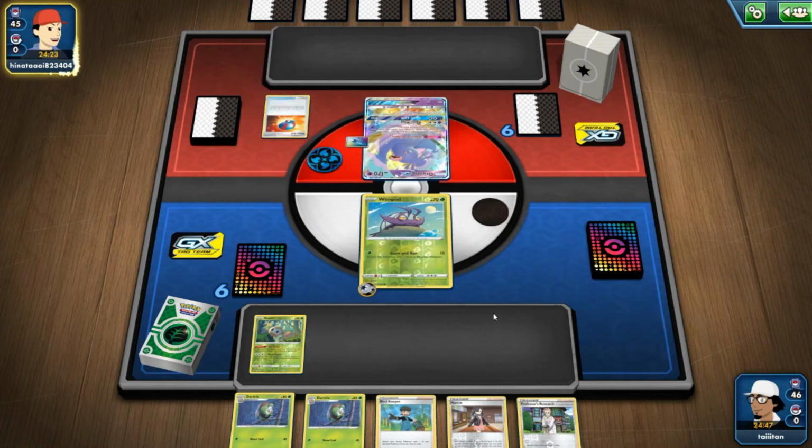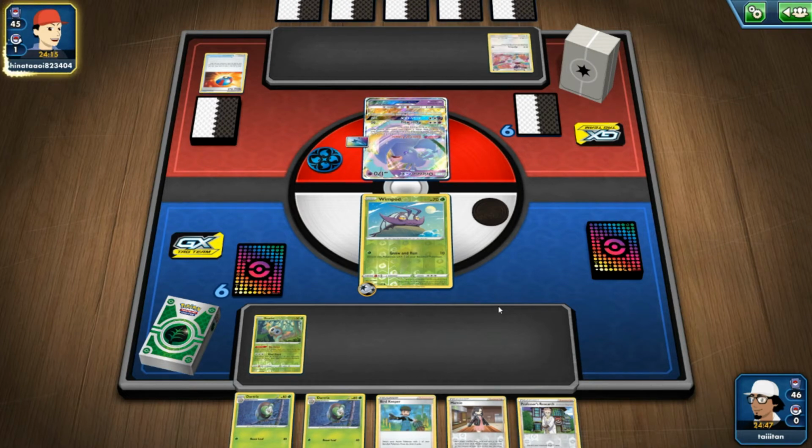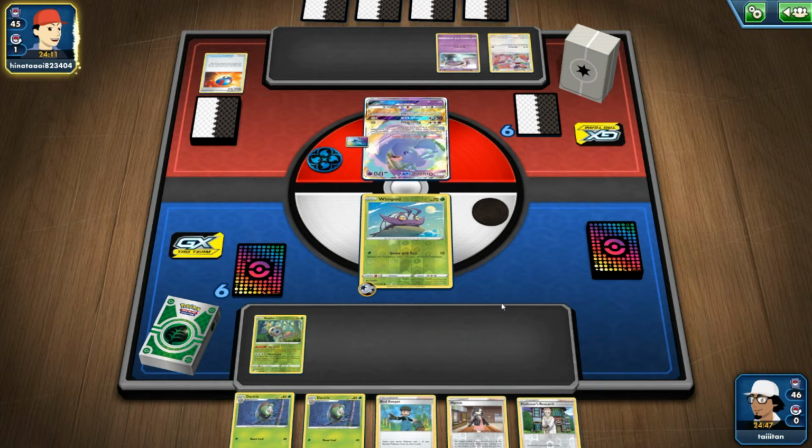I know if anything, I probably should have stuck with Golisopod on that one. I mean, there might have been a way we could have got around it, but I didn't really see much of it coming out in our favor. Because then if they did Boss's Orders again, and they did Dartrix, we would have straight up lost. Like, straight up. Right, so it looks like Mad Party, so no